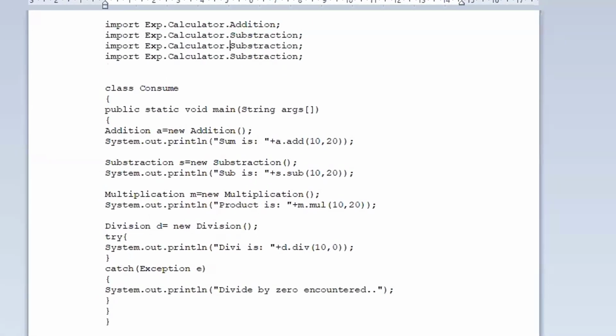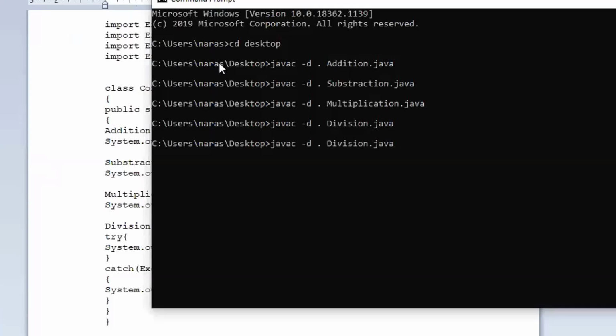With respect to calculator, I'm creating an object of multiplication also, multiplication. The last one was... javac consume.java. Compiled fine.